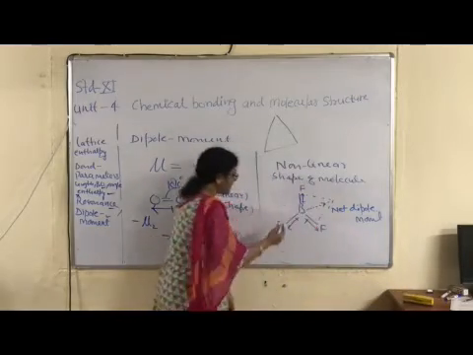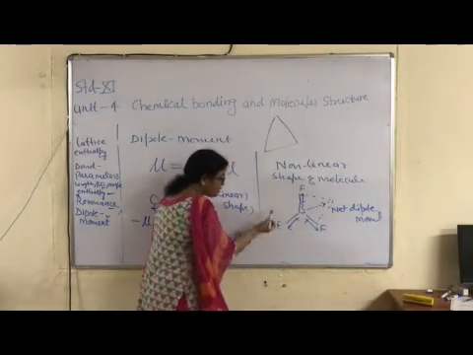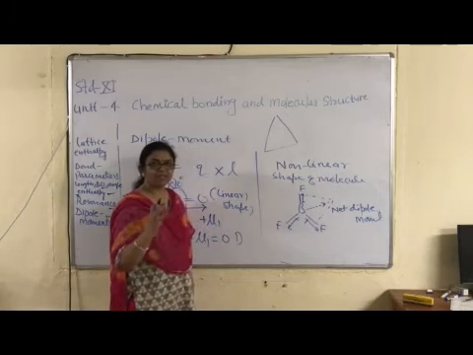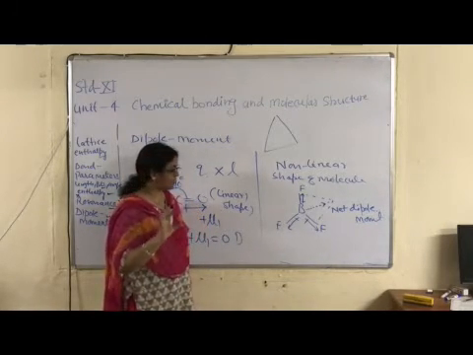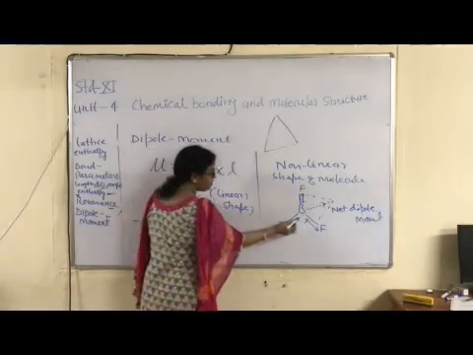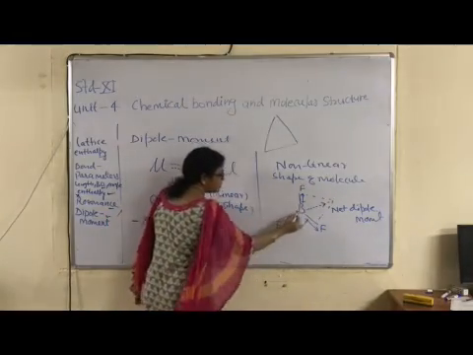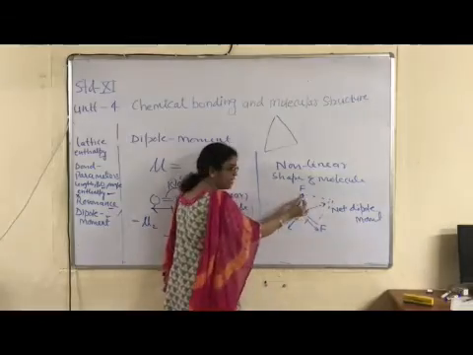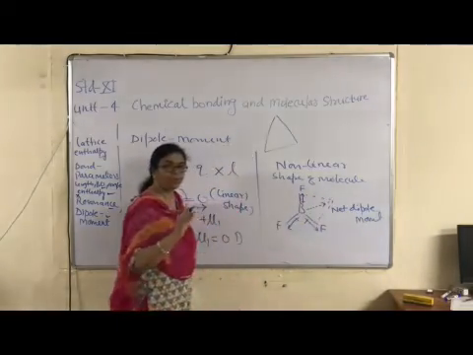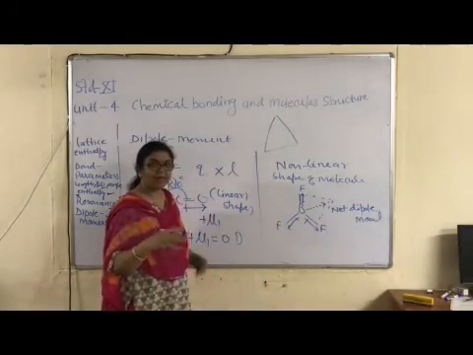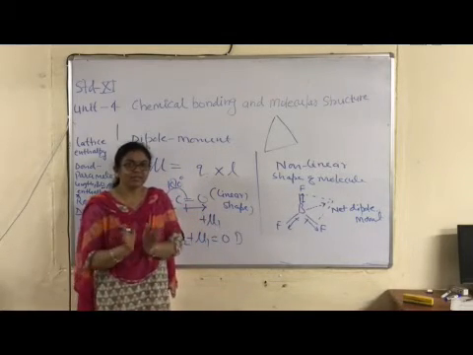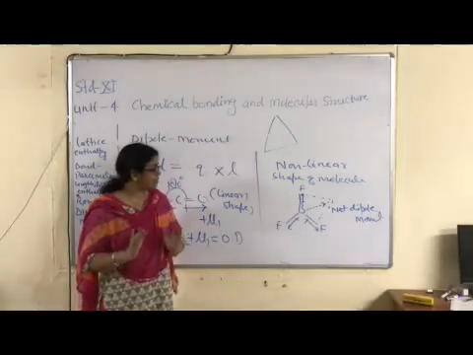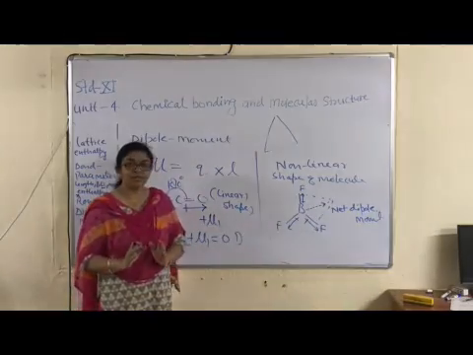Okay. Now, in B and F, the most electronegative atom is fluorine. What is the direction of dipole moment? Towards the most electronegative atom. In each case, BF, BF, BF. The resultant of this BF and BF lies in the opposite direction. Okay, magnitude is equal, directions are opposite. What is the resultant or net dipole moment? It is equal to 0.